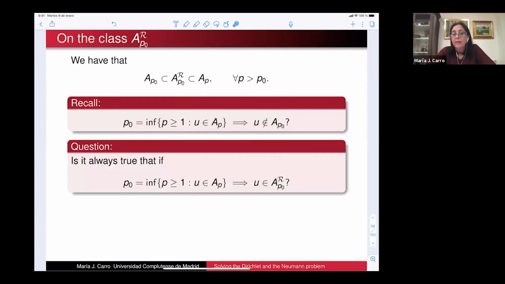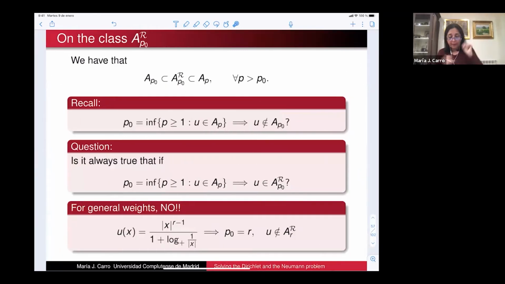If the answer to this question is positive, then we can say that the Dirichlet problem is always solvable in L^p0,1, okay, in the Lorentz space L^p0,1. However, the answer is no, because we managed to construct this weight, and with the computation that I have given you before, we check that p0 is r, and that the function phi bar is not equivalent to t to the r, so the weight is not in restrictive weight type. Okay, so